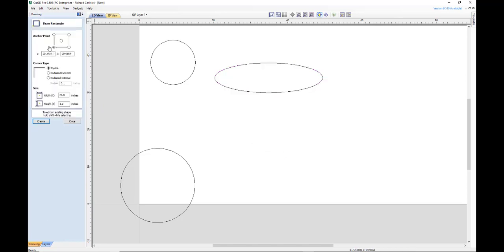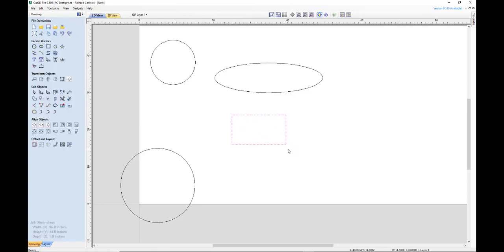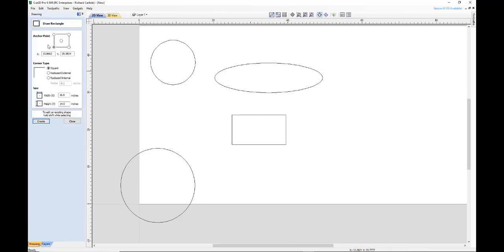So the next one is a square. So same thing, we can click and drag. So there's a square with square corners. I'm going to right click to end the command. Okay, we'll do another square. This one we're going to do a radius external corner, and we'll set the radius at, say, 0.025. And it's showing you what that radius is going to look like right here. So now if we click and drag that,